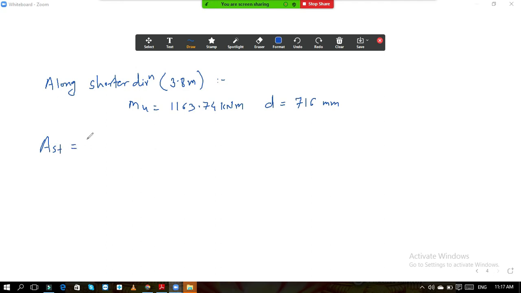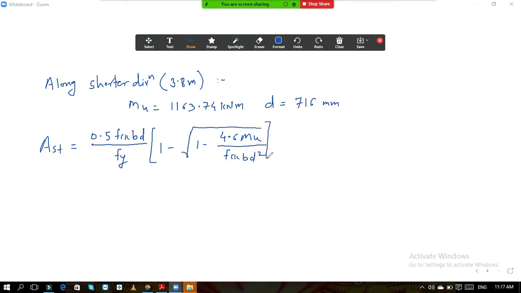What is the area of steel? So you know the formula, 0.5 fck bd divided by fy, in bracket 1 minus under root 1 minus 4.6 Mu upon fck bd square. So now if you solve this, you will get the value of Ast. Solve it and let me know the value. So it works out to be